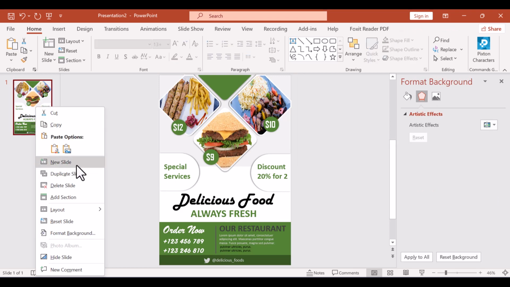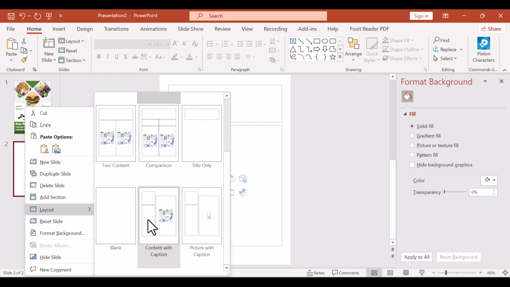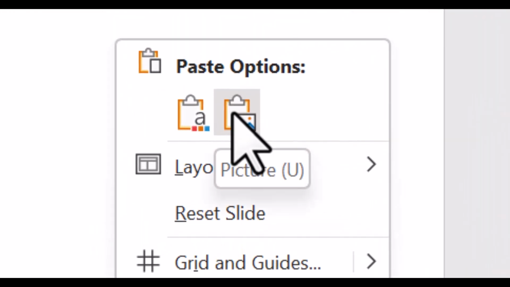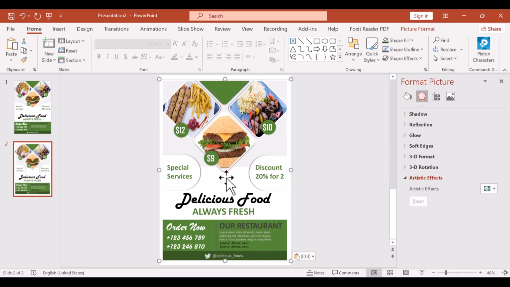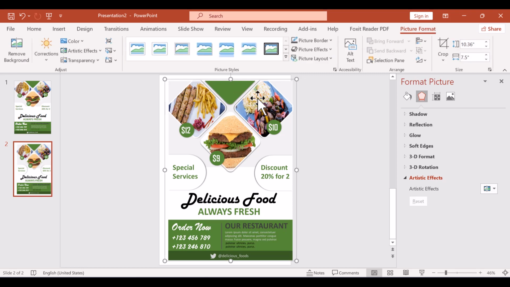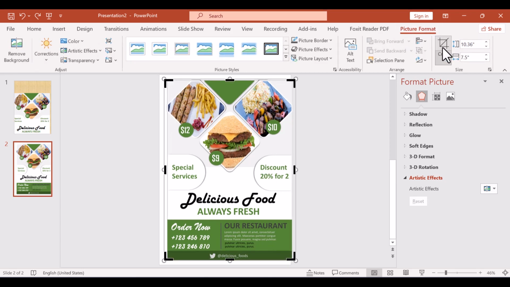create a new slide, change this layout here to an empty one, and I'll paste this as a picture. It comes as a picture, so you realize we cannot select any parts here. Now we can crop the unwanted parts. That's a picture format, crop,